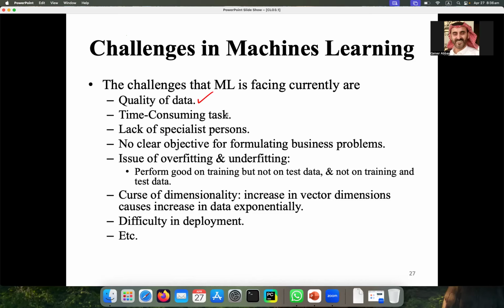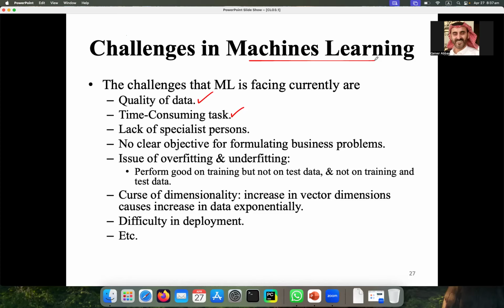Then, time consuming job. All the models that you will build in this subject of machine learning, especially the models where the data is large, and especially models like neural networks or some other probabilistic models. Mostly the models you will see in machine learning are probabilistic. So if your data is large, then your model will take time to learn. That learning is called the training phase.